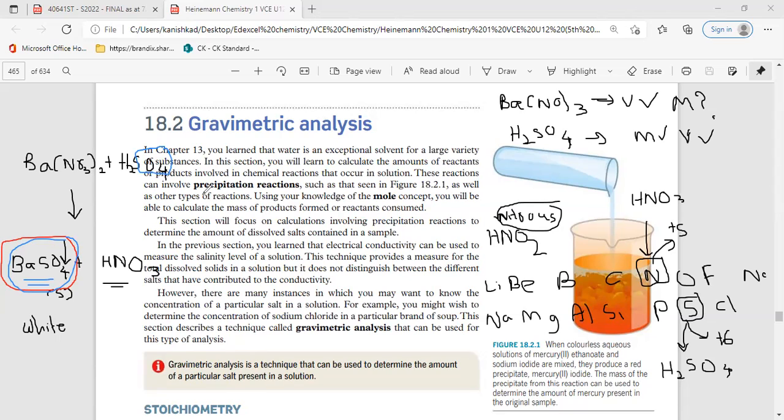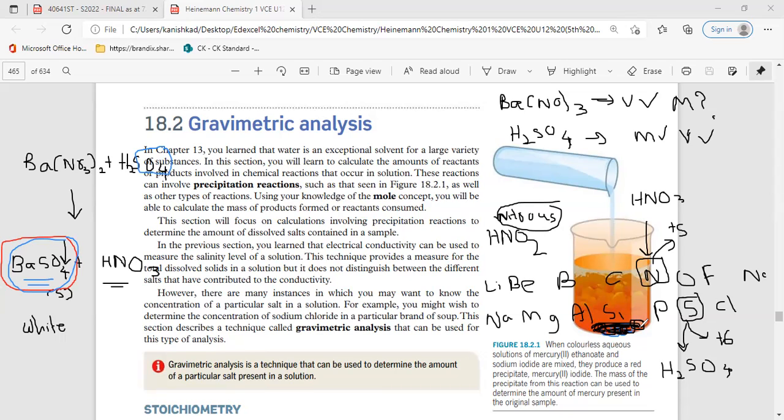Okay, so barium sulfate precipitate is formed. Now, I'm just discussing what is gravimetry. After the barium sulfate precipitate is formed, you can measure its mass. Here is some barium sulfate, I'll take a different color. When some barium sulfate precipitate is formed, you can filter the solution